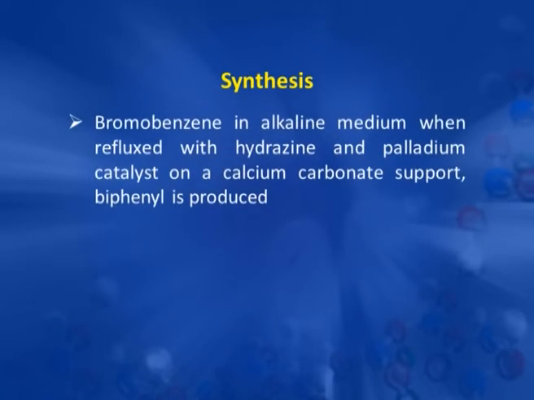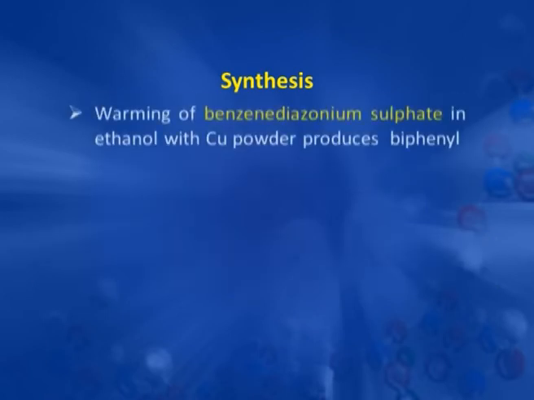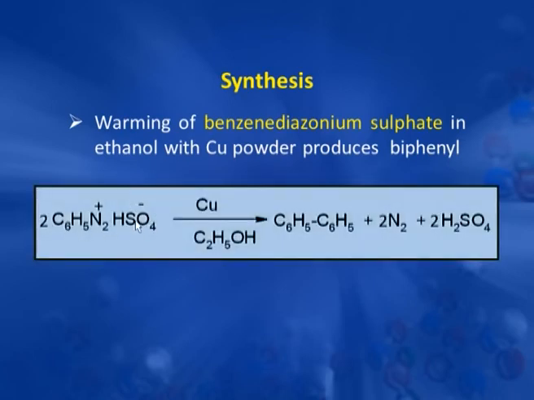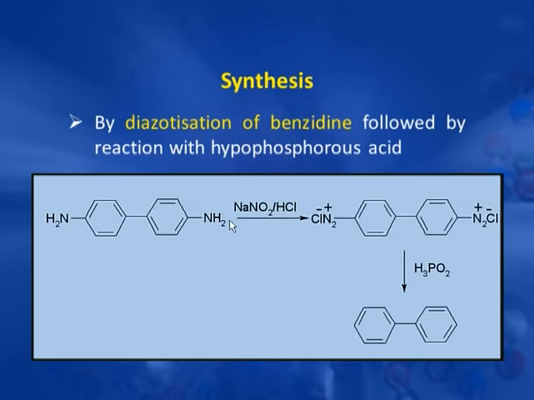Another method is a reaction of bromobenzene in alkaline medium on refluxing with hydrazine and palladium catalyst on a calcium carbonate support, which produces biphenyl. Now, the next method is by making use of benzene diazonium sulfate. So, when benzene diazonium sulfate is treated in ethanol with copper powder, then there is a formation of biphenyl. Next one is by making use of benzidine. So, in benzidine, if we remove these NH2 groups, then we get biphenyl, and this can be done via diazotization. So, first diazotization to prepare the diazonium salt and then replacement of this diazonium group by hydrogen